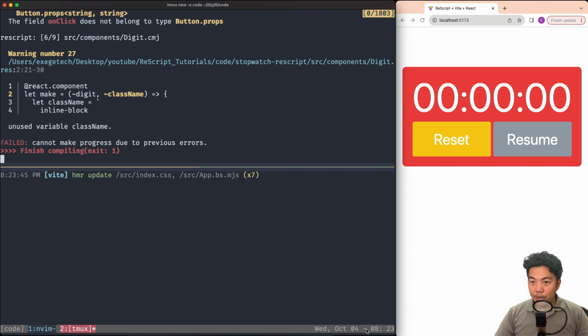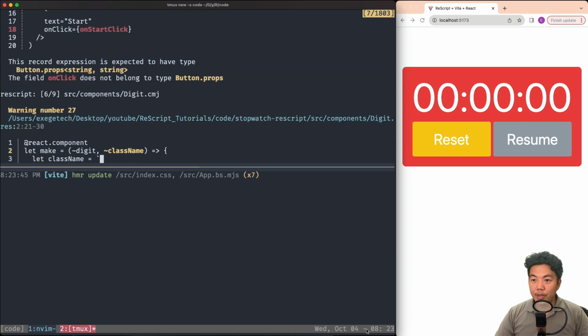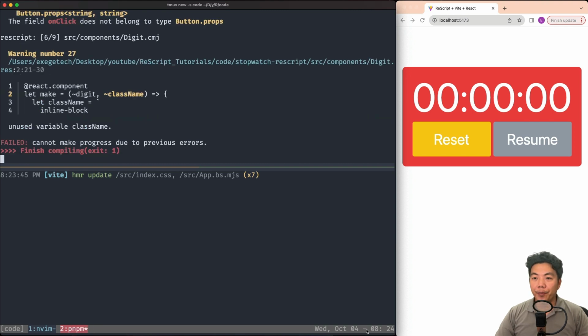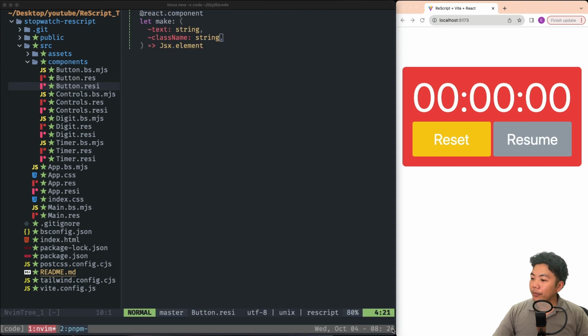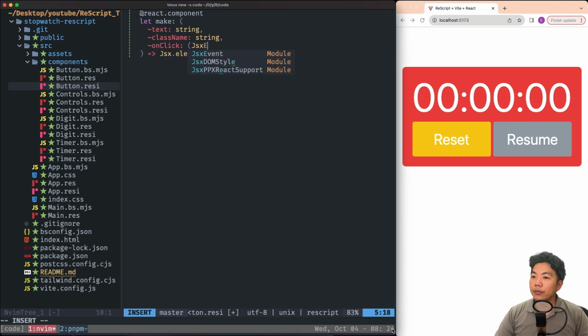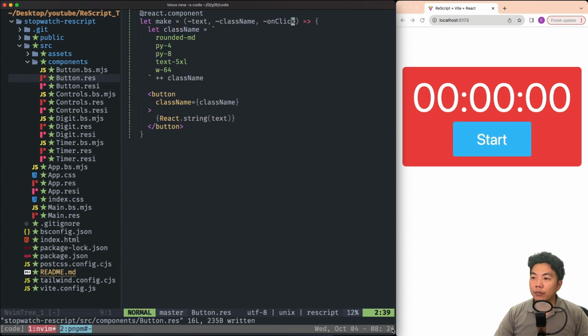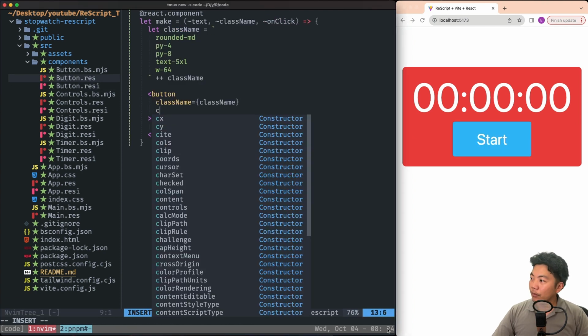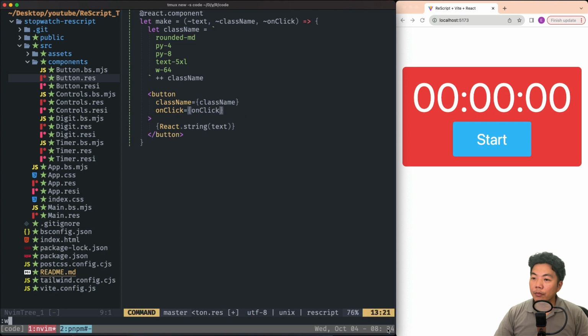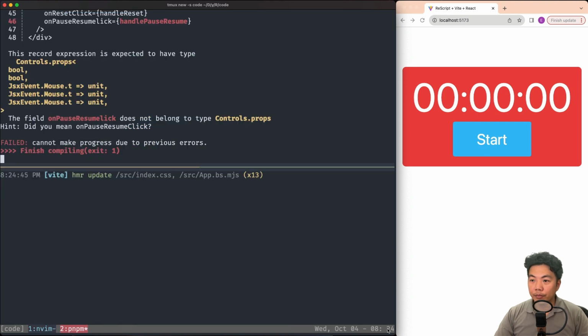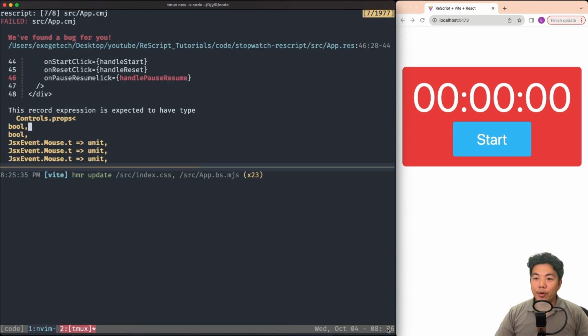So we have an error that says onClick does not belong to type button props. As usual, we're going to change the function signature to accept onClick. Apparently, I have a typo here on pause resume click.